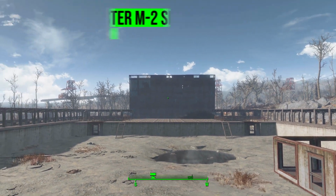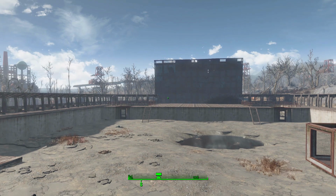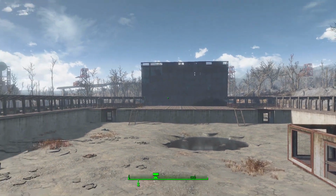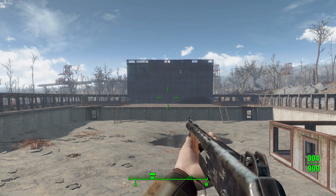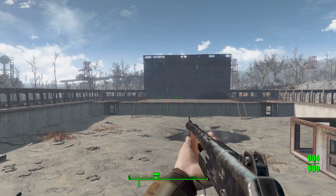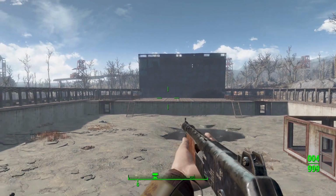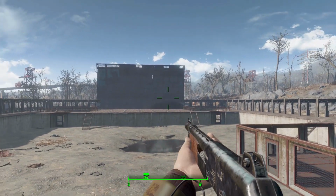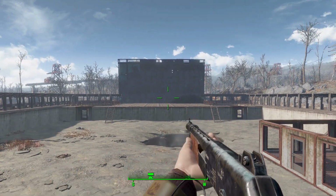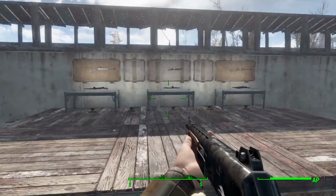And what this glorious little piece of work looks to add into the game is not one, but two wonderful new pump-action shotguns for you to enjoy, and I have very much been enjoying my time with it so far, because frankly, who doesn't want a new shotgun in the game, especially one that's pump-action? It's just good times. So let's jump on over here and take a look at the two weapons we get,